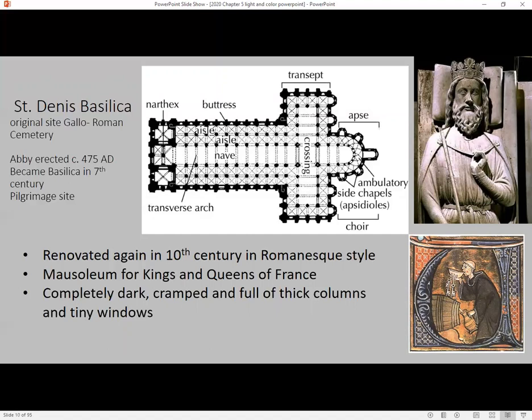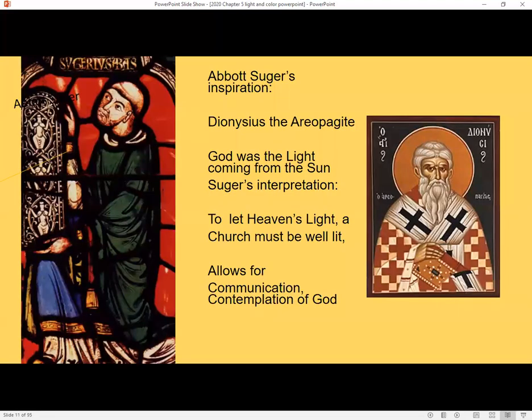And it was completely dark, and it was cramped, and it had those thick columns and tiny windows. And then Abbot Suger came along, and he was instructed to make this place a more befitting place to bury the kings and queens. And his renovations for Saint-Denis were inspired by